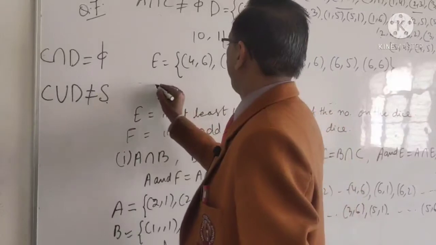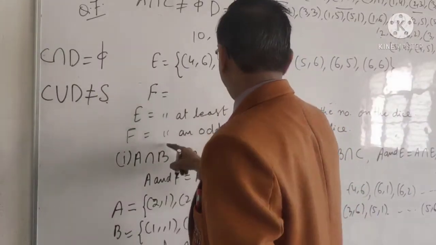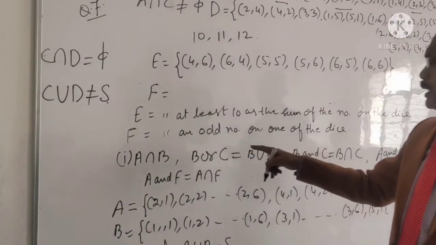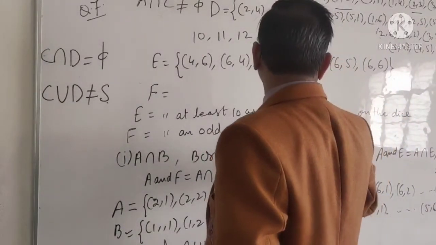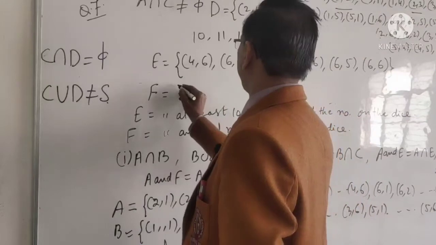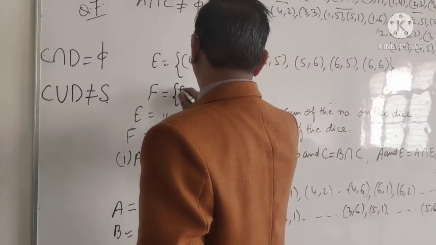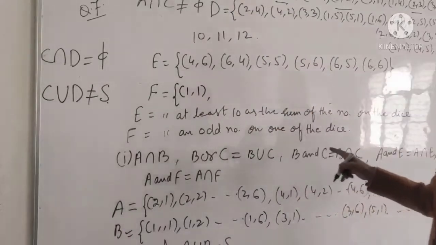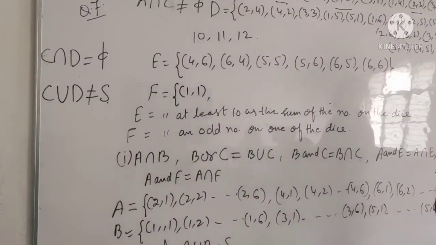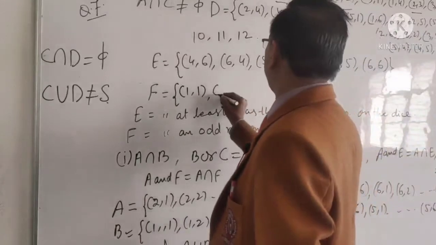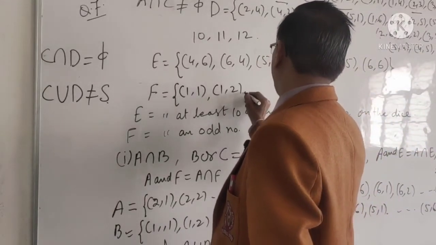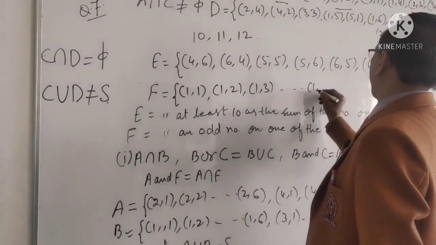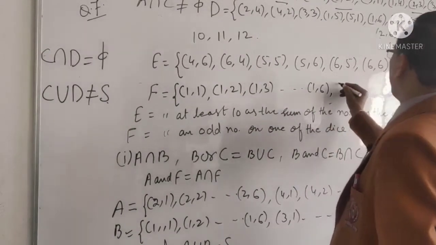Then let us frame F: an odd number on one of the die. Right? And an odd number on one of the die. So this is at least one odd number. 1,1. One odd number on one of the die. It may be on both the die also. So it is 1,2; 1,3; and 1,6. There may be 2,1;